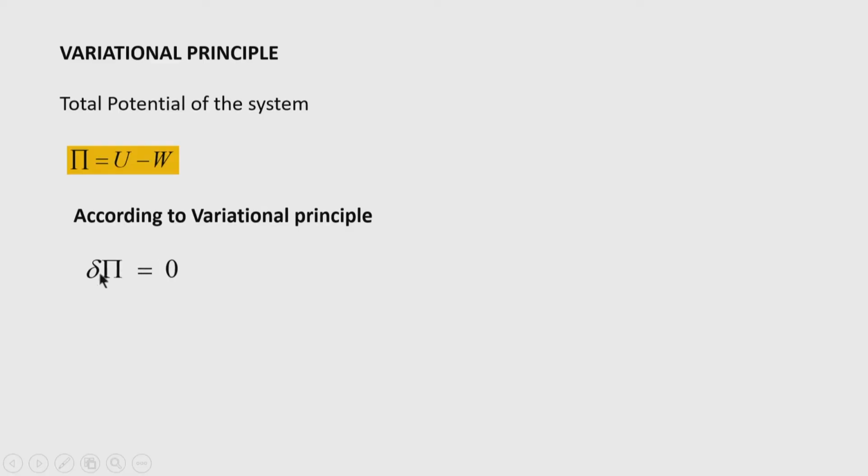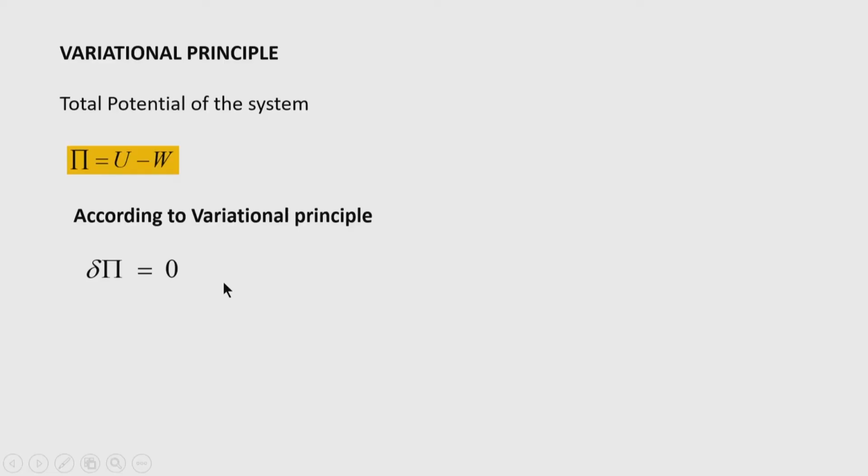So, if we write δΠ = 0, that means Π involves the strain energy and work done, which also involve the deflection expression. So, in formulating a problem, when we want to establish the equilibrium equations and we are not able to formulate the equilibrium equation from force balance or Newton's law, then we can take the help of the variational principle, which will give the same differential equation with ease in some cases.